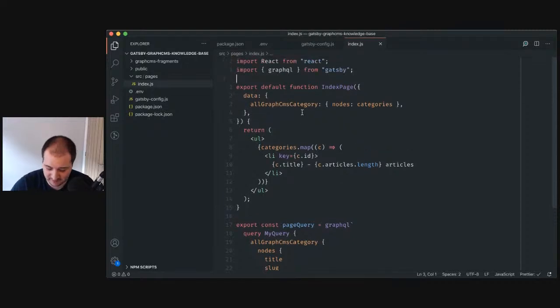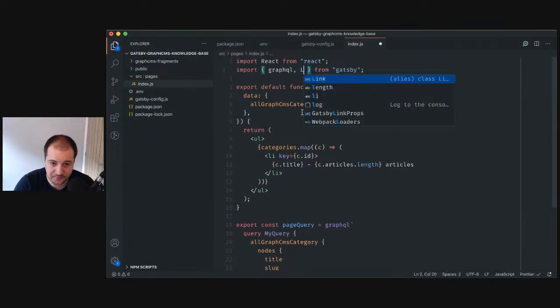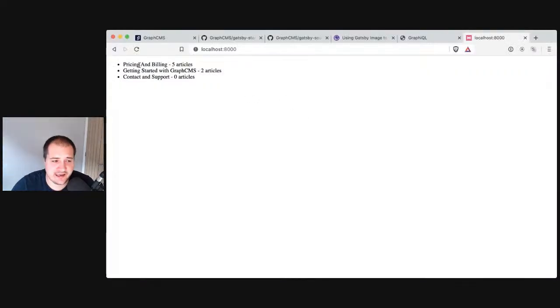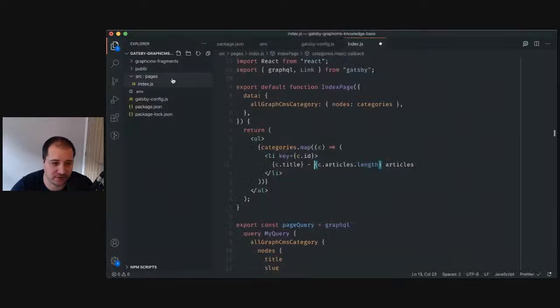So let's finish this video by importing Link from Gatsby. And instead of just listing these, we link to these pages. And then in the next video, we'll go ahead and create the individual pages for these categories. And then inside of the categories, we will list all of the articles. And then we'll go ahead and create the individual pages for the articles. So now let's have a look at